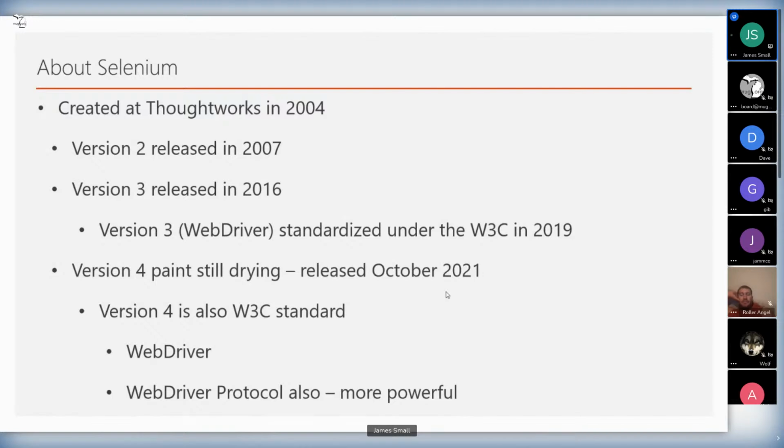So Google and ThoughtWorks started collaborating so much that they ended up basically forming the core team, and they're still working together to this day. So version 2 came along in 2007 that had a bunch of improvements. And then really, I think what most people think of as Selenium is version 3 that was released in 2016. The big thing with that is that the team basically took their WebDriver